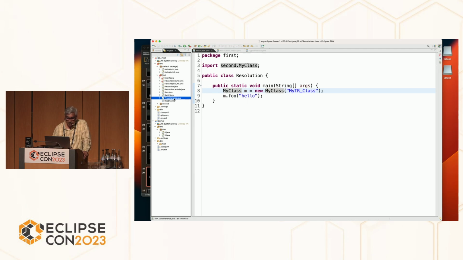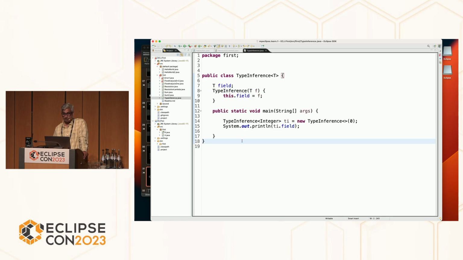Not going into too much detail. Let's get into the type inference part. Here, look at this part, the diamond. We don't specify the type, so we have to infer the type. And that inference comes from a lot of rules, but here you look at the target and you see that it has to be an integer type. Now to make it a little more complicated,